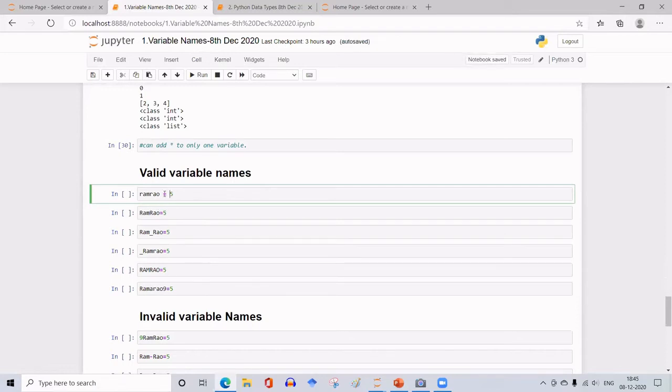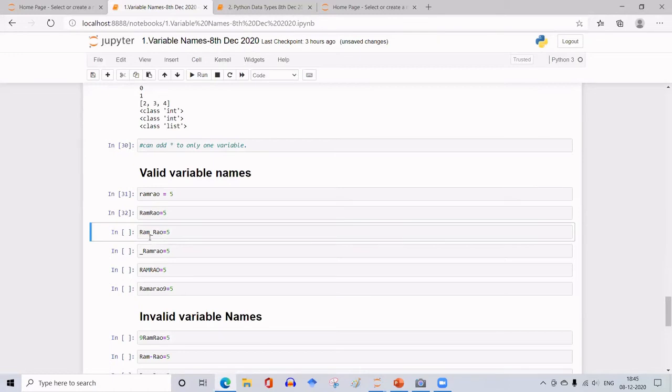This is a valid variable name. How to check it? Just run that cell, shift enter. You will not get any error, which means it is a valid one. Similarly, if I make R capital in both Ram and Rao, this is also a valid variable name. Or I can separate Ram and Rao by an underscore, which also results in a valid variable name.